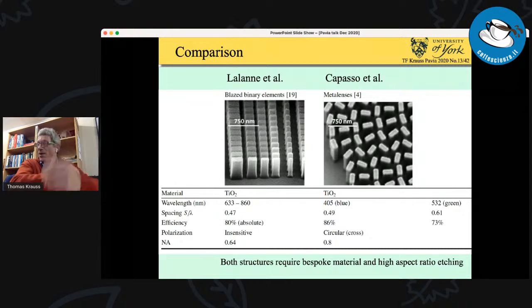So some people say, well, Capasso just stole the idea, but I would argue all of us should sometimes look back at history, and then maybe it's useful to reconsider certain things, because Lalanne certainly did not think about applications in mobile phones, and all the other wider view on meta lenses that Capasso clearly initiated. So an interesting view on history.